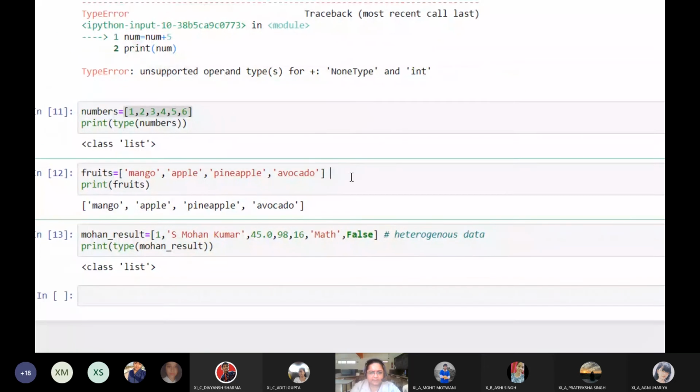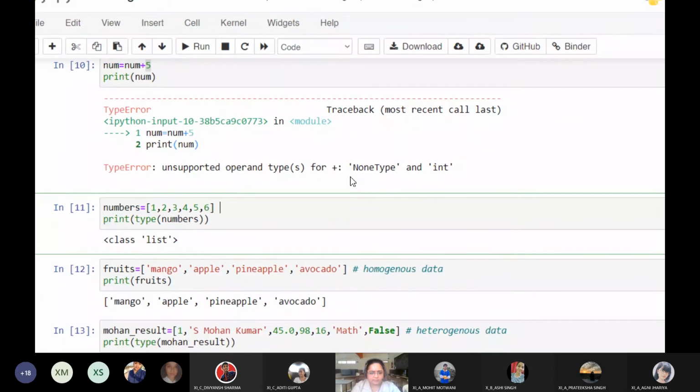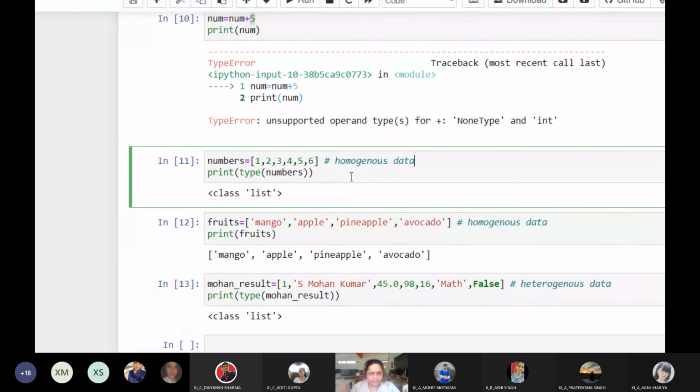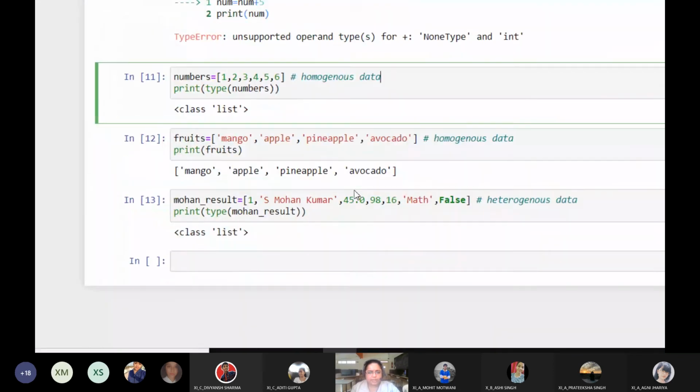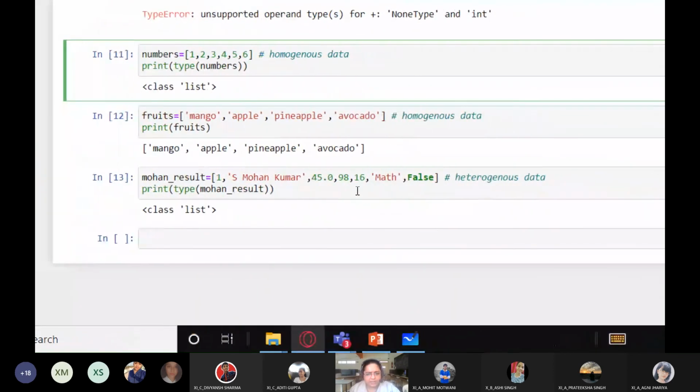And here, this is an example of storing homogeneous data. Also, this is homogeneous data. Got it? So either identical data you can store, or you can store data belonging to different types.